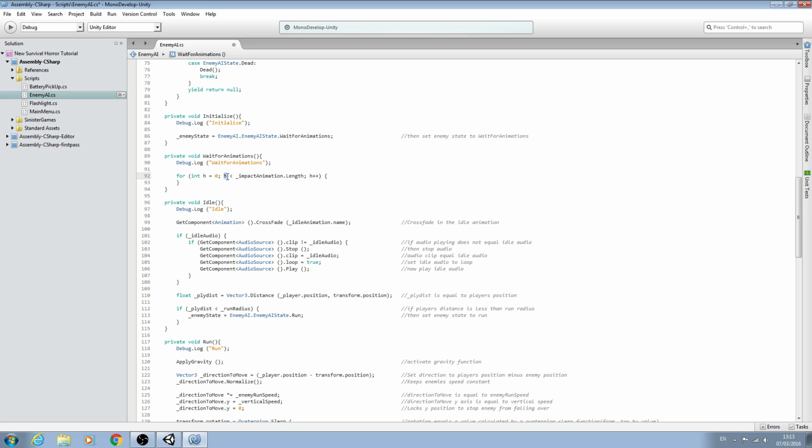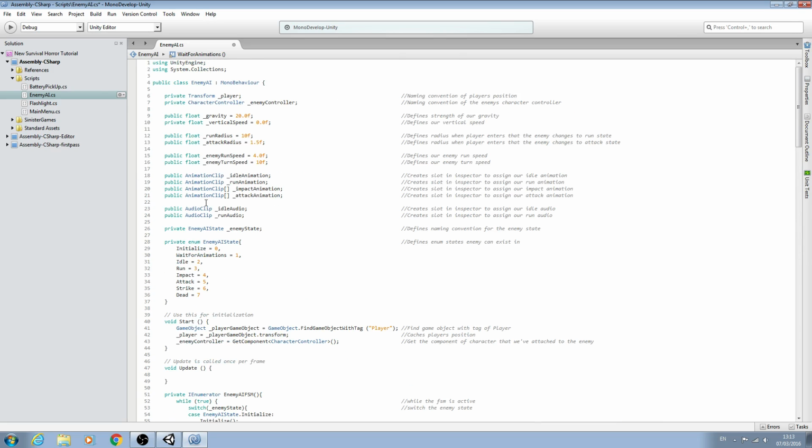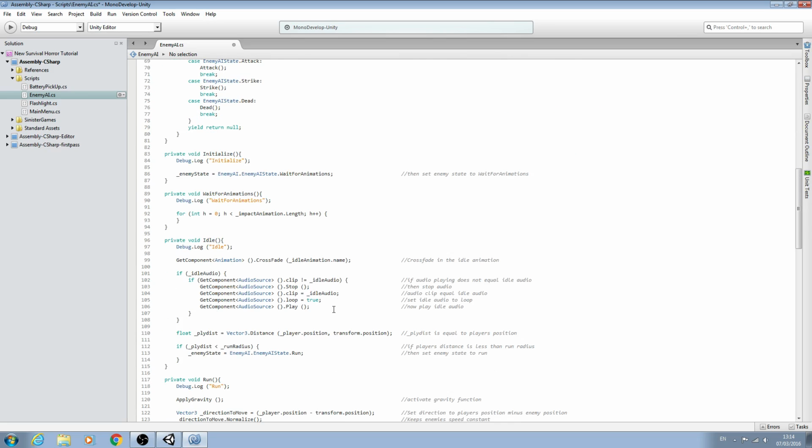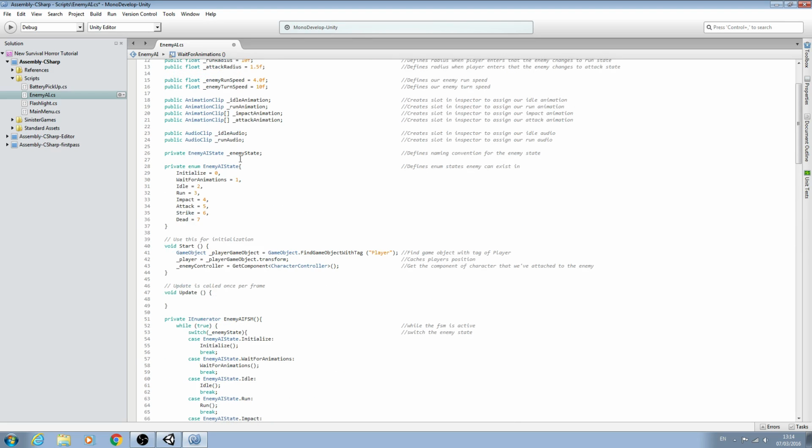We say h is less than impact animation dot length. Now what it's doing at this point is actually getting the animation length, which is how many animations we actually have assigned in this little array here, and then we add that to h. So in my case it'll be 2, but you may only have 1, you may have 3 or 4 impact animations,